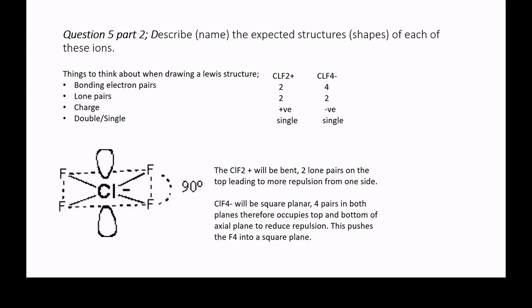Now the ClF4-, in this case, in both planes, the axial and the equatorial, there are 4 areas of electron density, 4 lone or bonded pairs. This means these 2 lone pairs of electrons are going to occupy the space further away from each other. In this case, on the top and the bottom,